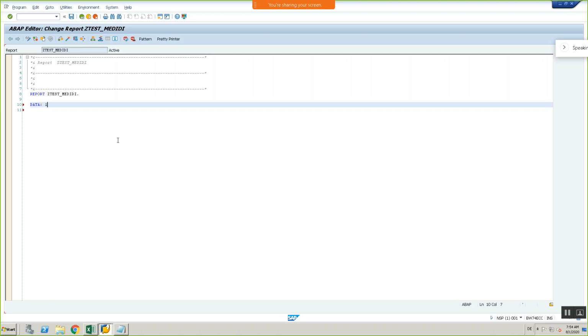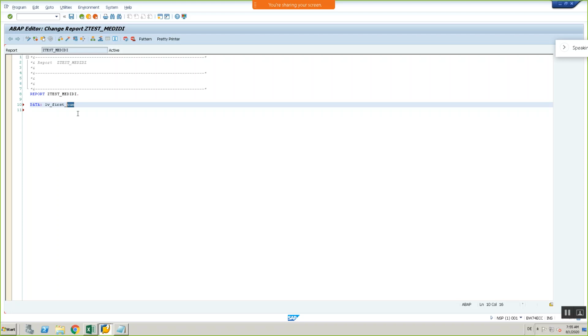Local variables, let's try to keep this in practice: all local variables are written with LV. LV means local variable, underscore, let's say LV_first_num.